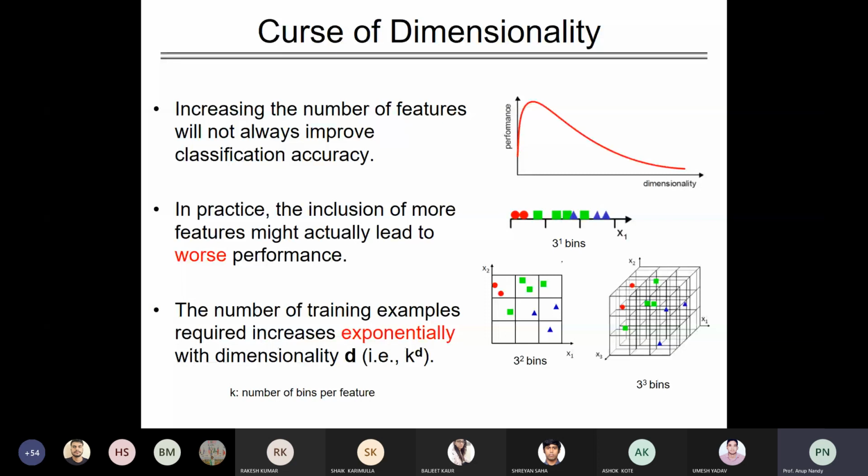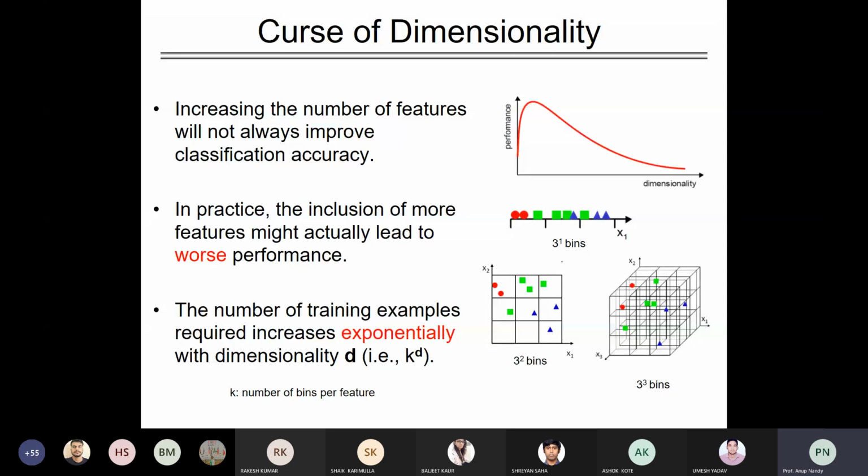But after increasing these things, suppose you have a capital N number of features. Now, do you really think that all capital N dimension features are really important? That is the main concern that you have to see. That is the important thing. There is a concept called redundant features. Now, how do you detect the redundant features?